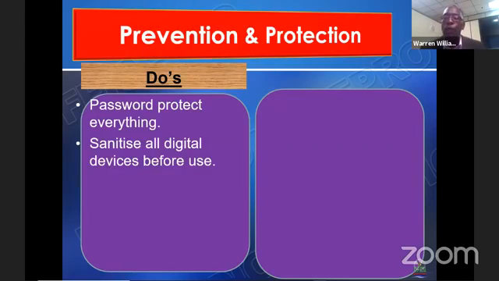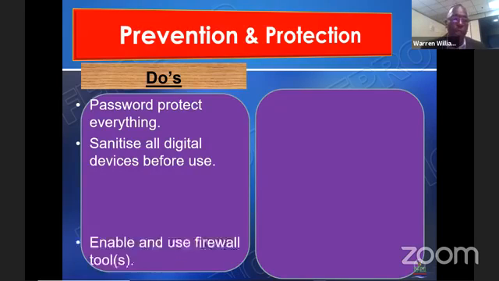Get an expert to wipe it, wipe it, wipe it. Like in the US, they wipe it 7 times. As a matter of fact, they'll damage computers. They don't give it away. They damage the hard drive because if people like us find it, we can reveal all the data that was on it before. So we encourage that.